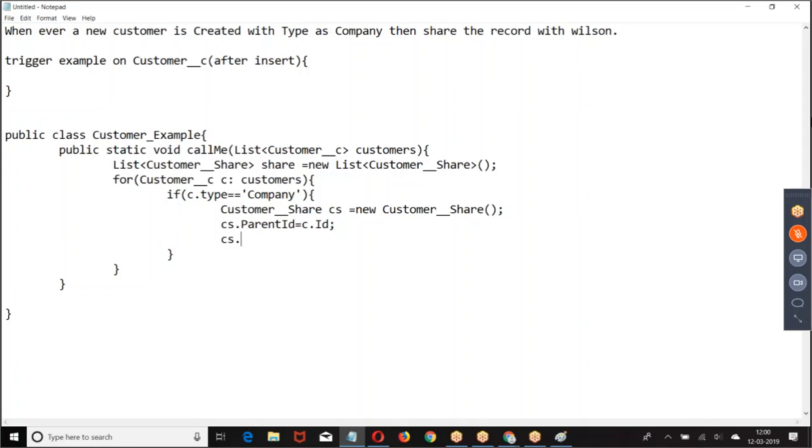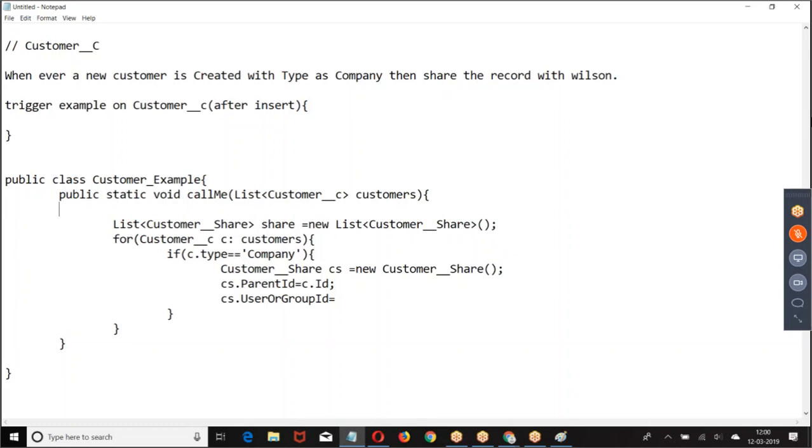CS dot user or group ID. I want to share with whom? Wilson. If you want to share with Wilson, you have to get the user ID. Parent ID, user ID or group ID.